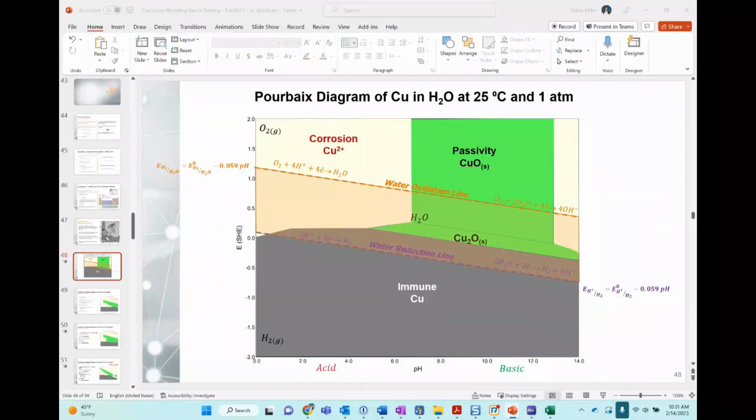If you have a vertical line, it means that you have a chemical reaction. You are not transferring any electrons, okay? The reactions are not being affected by the electrode potential. So no matter how much you increase the potential of this system, the reaction is the same.